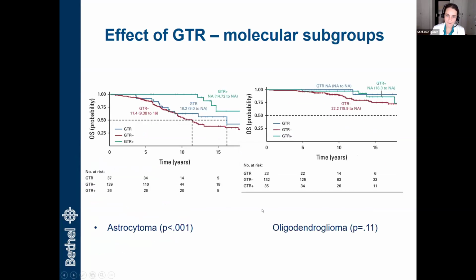This effect pertained especially to astrocytoma. So if you look at the subgroup of astrocytoma patients, you see a benefit of supramaximal resection pertaining to overall survival, while the difference in gross total resection versus subtotal resection was not statistically significant. In the oligodendroglioma, this differentiation did not reach statistical